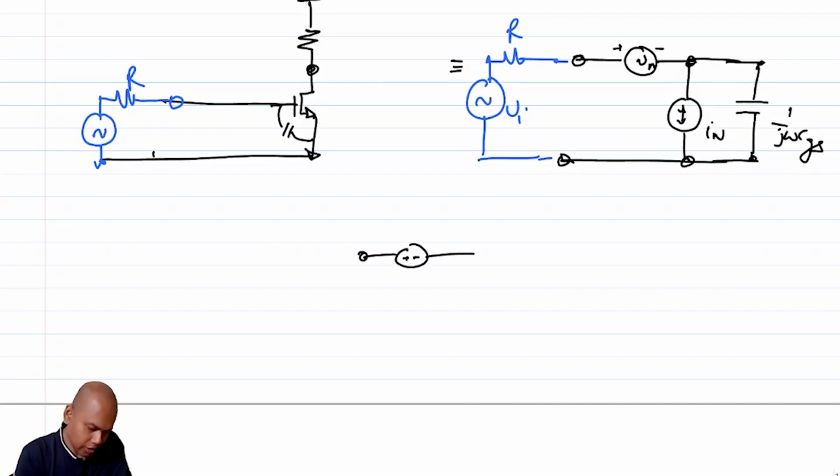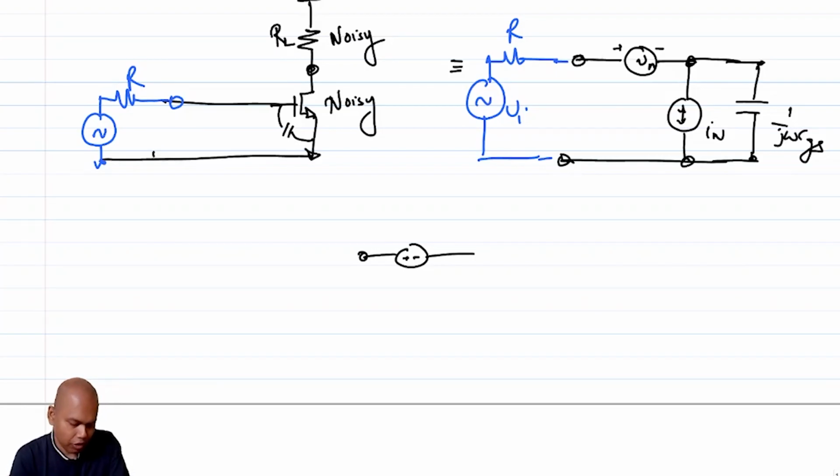So this is noisy, and this is also noisy. Let's call this RL. We have a noisy RL and a noisy transistor,